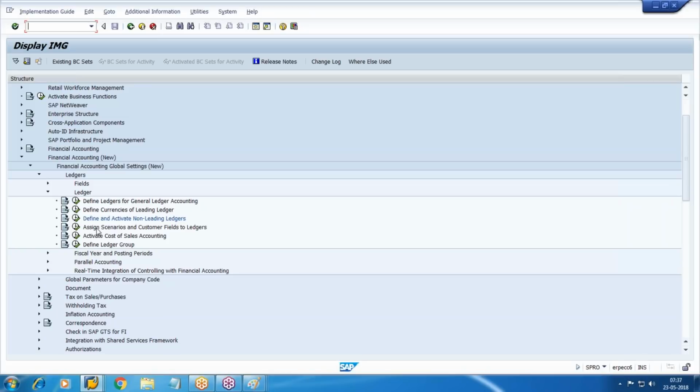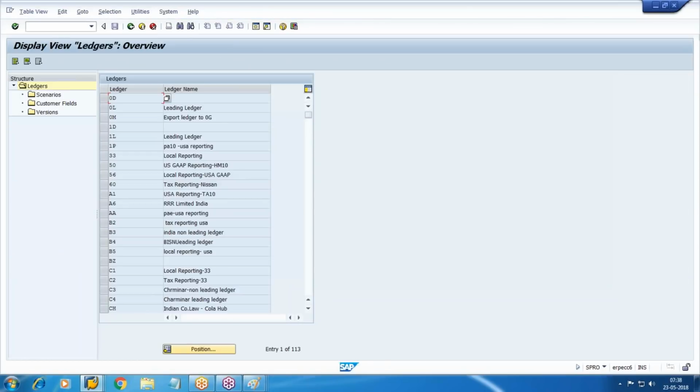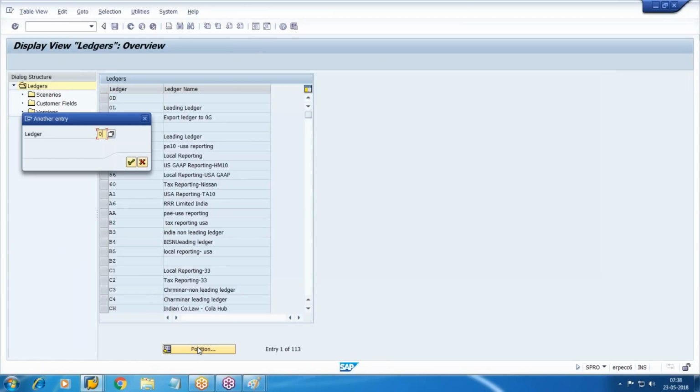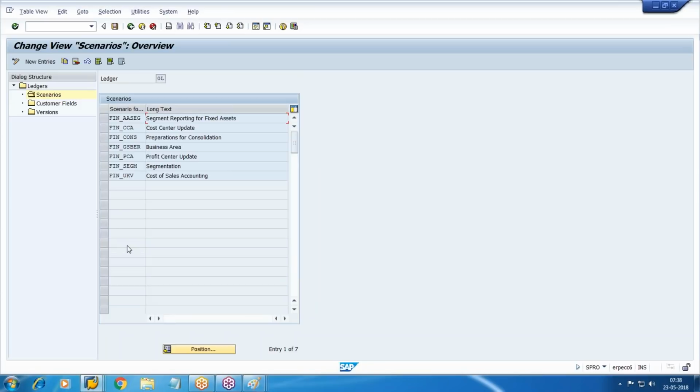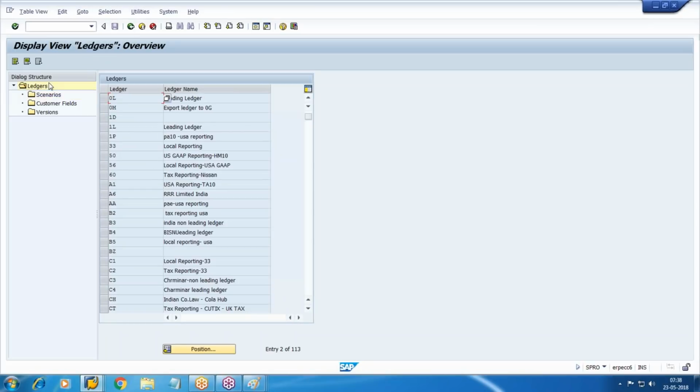For leading ledger, we have not defined any scenario. Then why do we need to activate it for the non-leading ledger? In leading ledger, the system automatically gives the scenarios. If you see here, assign scenario and custom fields to ledger. For leading ledger, standard settings are already there. These are the different settings, that means we can activate one or multiple scenarios. But as this is a newly created non-leading ledger, you need to